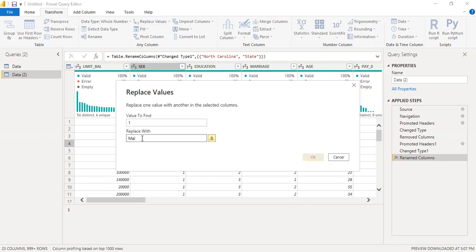Help me replace it with male. Let's see. Do you know why this is not going to work? And I intentionally do it so that we can see. It is not going to work because, I said something when we started, I said,